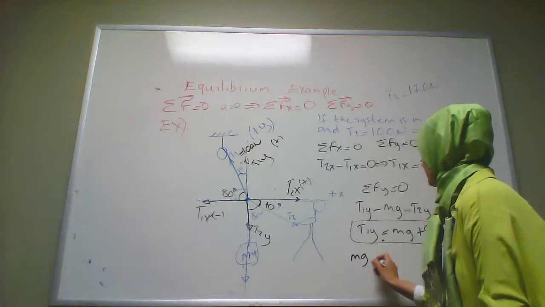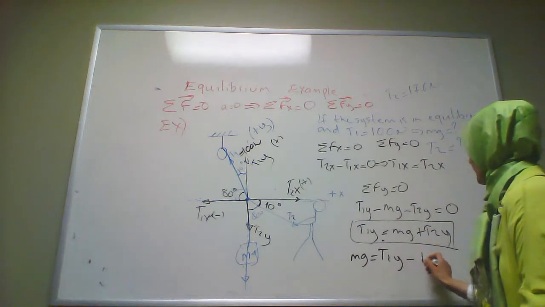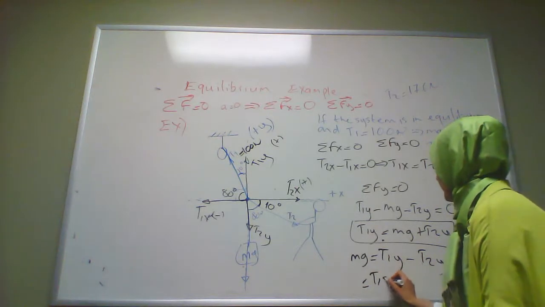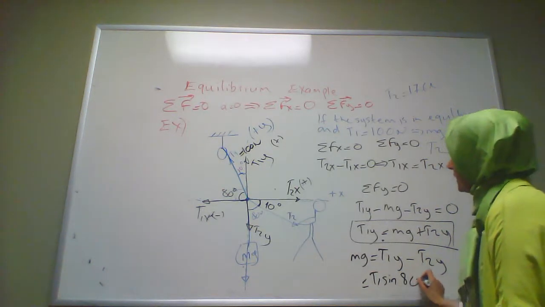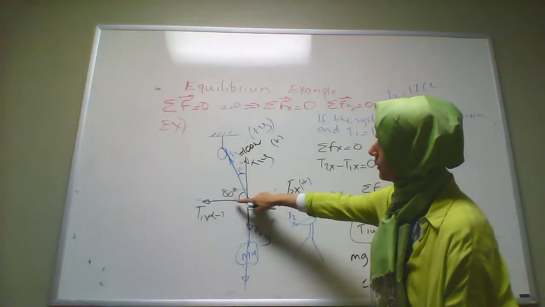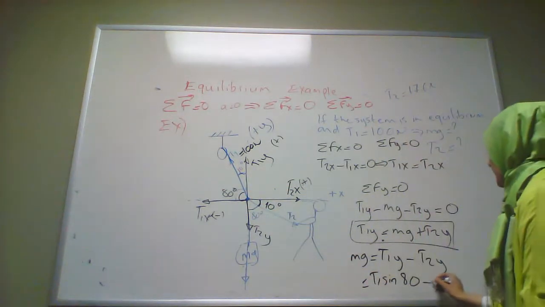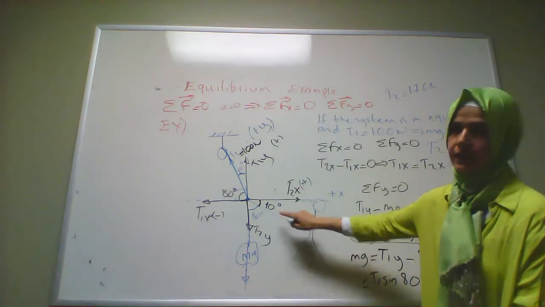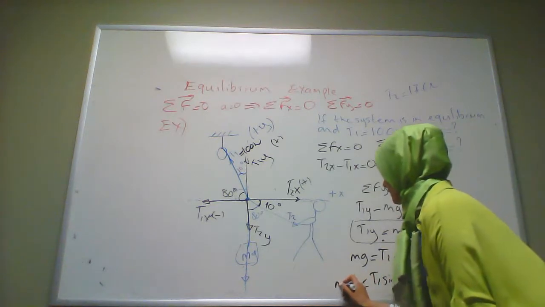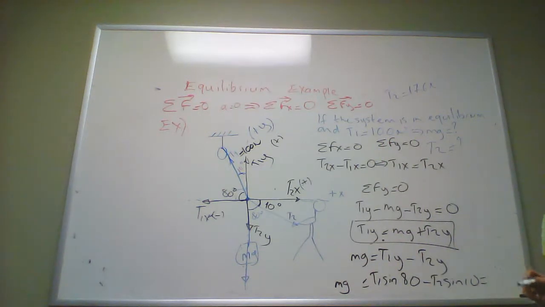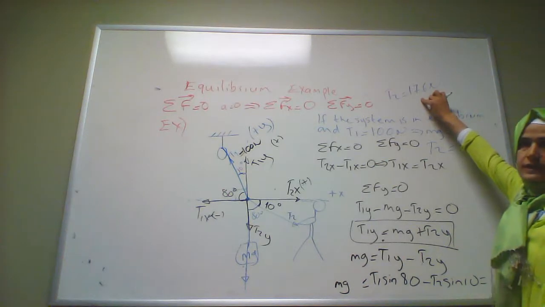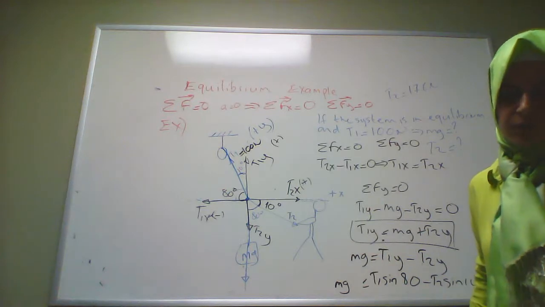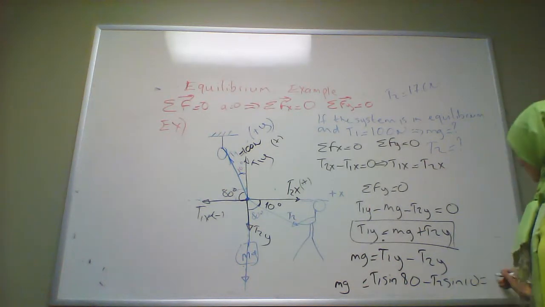mg here will be equal to T1y minus T2y. So T1 sine 80 is my T1y, the angle with the horizontal axis is 80, minus T2 sine 10, angle with horizontal axis is 10, will give me my mg value. And if you enter all these values, we got T2 17.6 times sine 10, T1 is 100 times sine 80. You'll find mg as 98.5